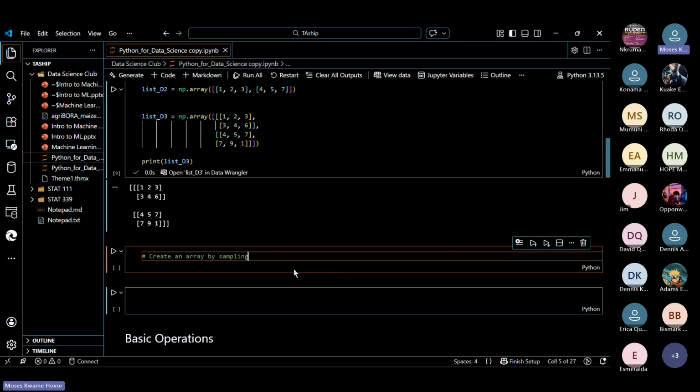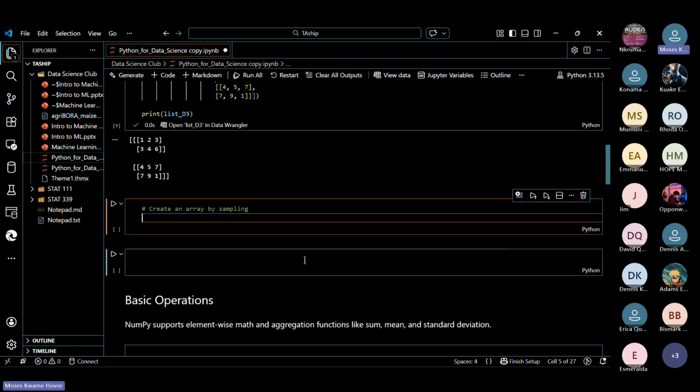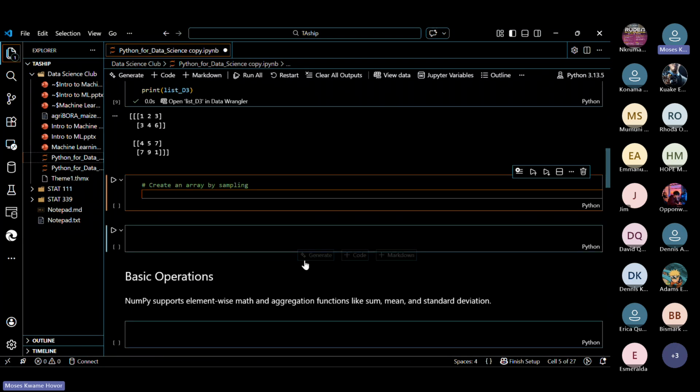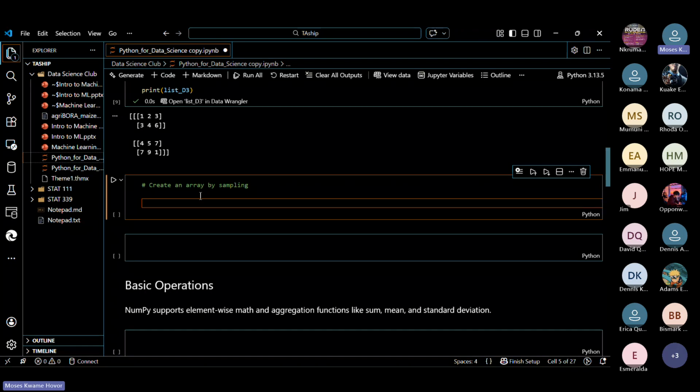All right, the next thing is to learn how to generate random numbers in Python, and here I'll be talking about sampling. Maybe I want to have 20 numbers from a set of numbers, say from 1 to 100.